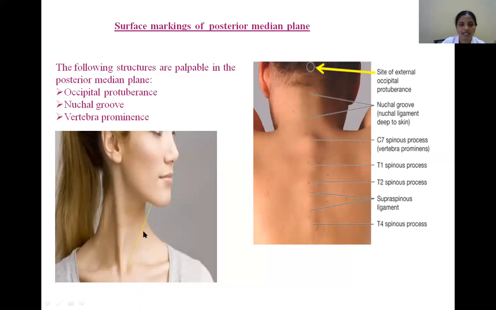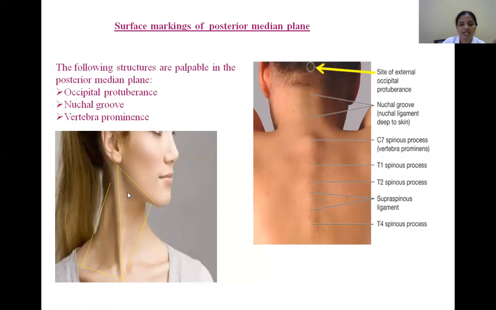So what is this line here representing? The imaginary line from the symphysis menti to the suprasternal notch. Okay. Then this is a line representing the anterior border of the trapezius muscle. Then this is a line representing the lower border of the mandible, an imaginary line from the angle of mandible to the mastoid process. So this is an upper imaginary line. And below it is limited by the clavicle. So this is a quadrilateral area.